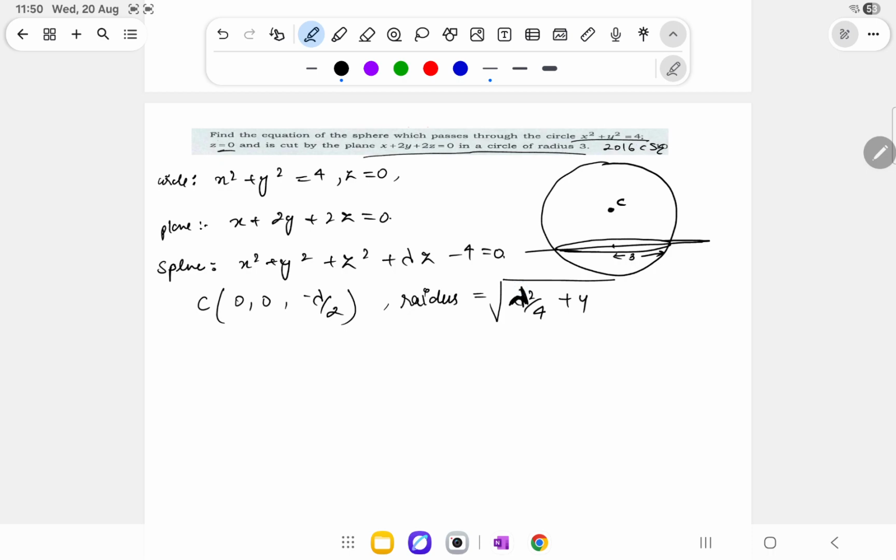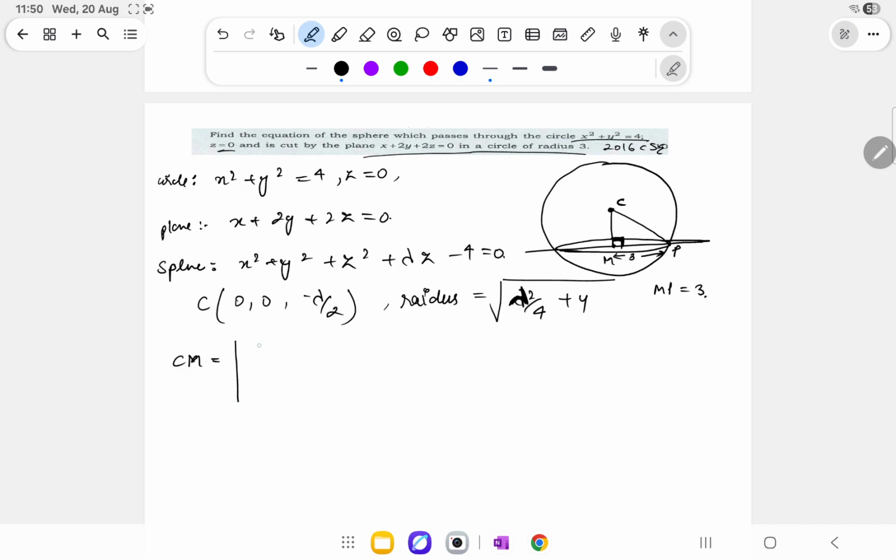Now let's say this is my point M, this is my point P. MP is given to me as 3. CP I calculated as the radius. Now if I can find CM, then I can easily apply the Pythagoras theorem, because this will be perpendicular to the plane. So CM will be the perpendicular distance from the center of the sphere to the plane, which is